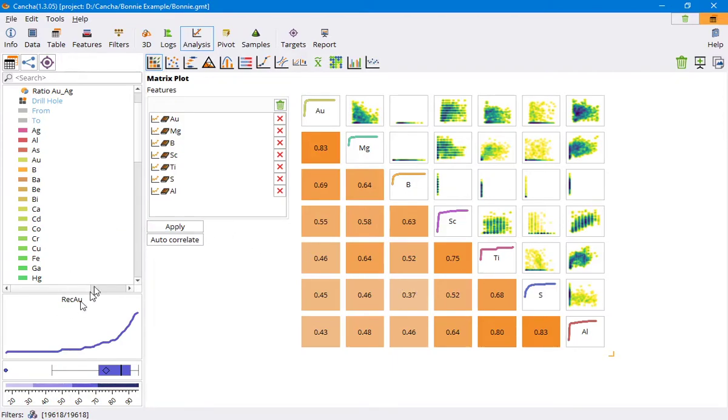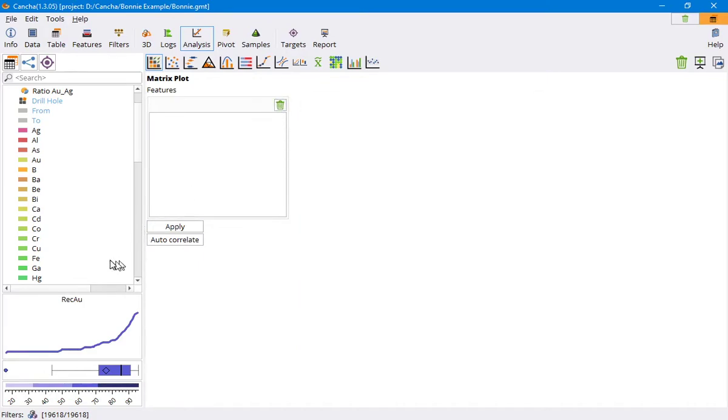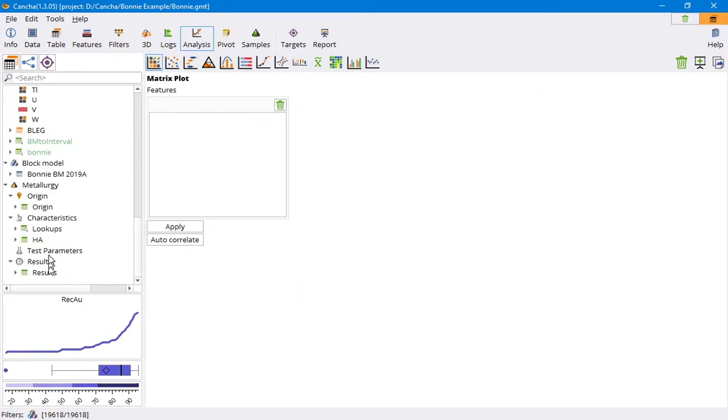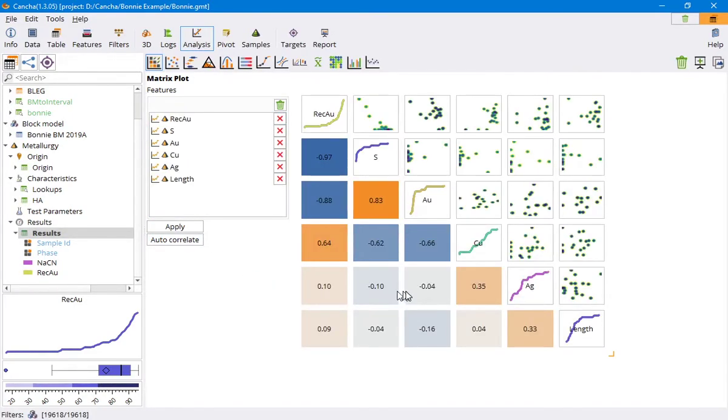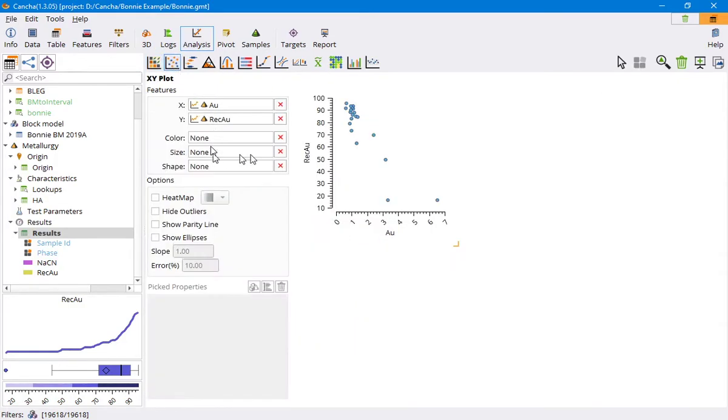Not a lot to take home. So let's get rid of that and go straight to the meat and potatoes. As metallurgists, we're interested in gold recovery. Let's autocorrelate that. Well, this is more interesting. So we've got a strong negative correlation with sulfur, and actually a negative correlation with gold. But then we see that there is a positive correlation between gold and sulfur. Look at this little graph, and we know it exists, but we can actually go in a little bit more